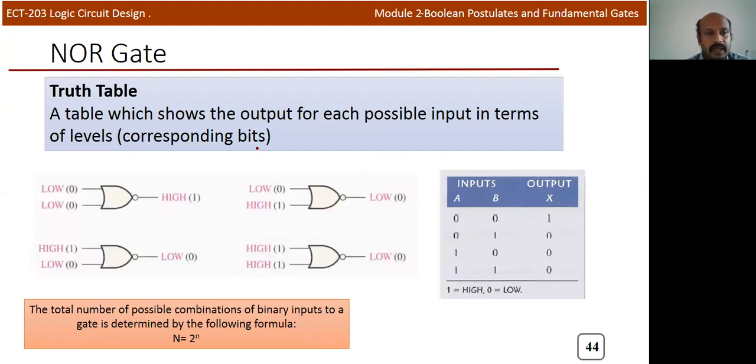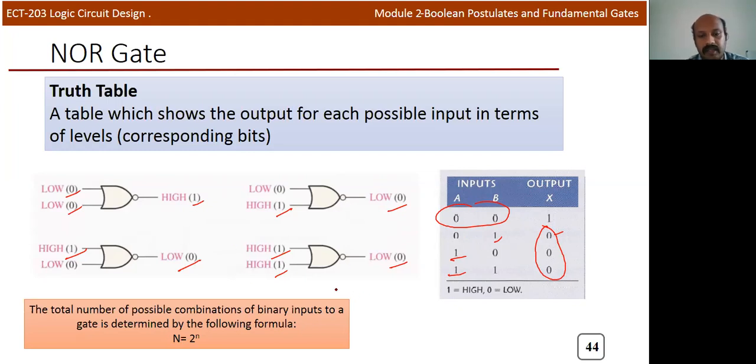Now we'll discuss the truth table. Here you can see that if any one of the inputs is high, the output is 0. Here both the inputs are low, so we'll get high. Here one input is high, so output is low. So if any one of the inputs is high, you will get output equal to 0. If all the inputs are low, output will be high, just like OR and NOT. First perform the OR operation, then NOT. This is for a 2 input NOR gate.